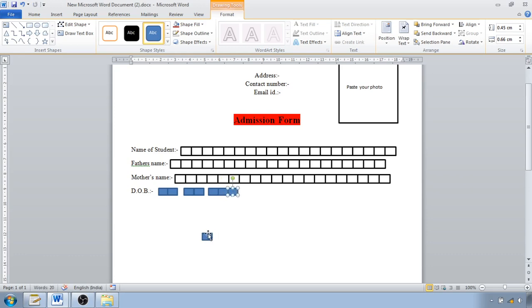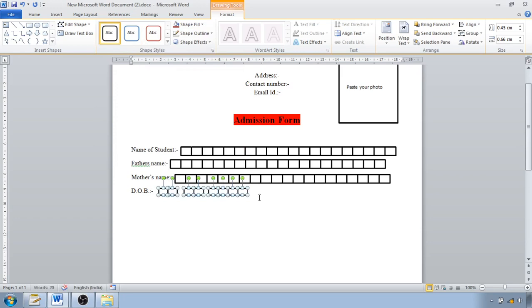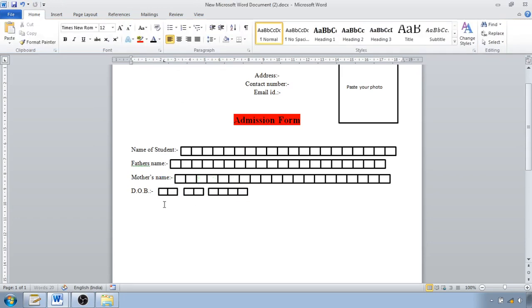To put it here, I have to put it here. You can also make it blank first and then put it on the place, or you can also do it afterwards. Now I will select all of them like this and I will click on the shape outline and make them blank. So now here I want to type,